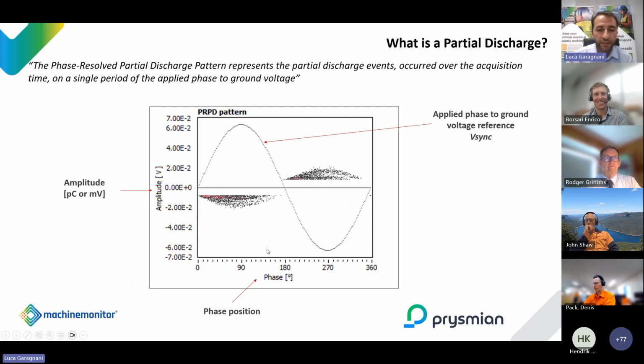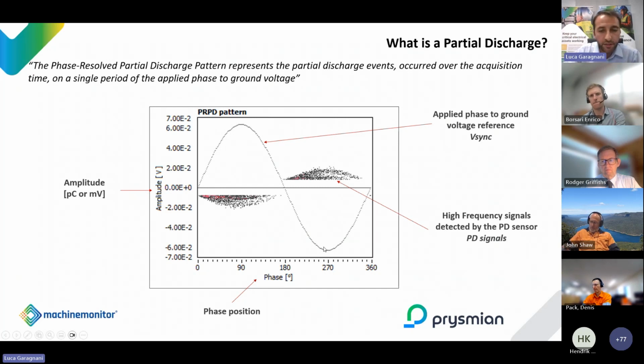And obviously, we can see the phase. We can also see the intensity. All the colors here represent how many pulses we have in the same phase and amplitude position. Each type of discharge will have a specific graph, right? We will have a graph that represents internal PD, a graph that represents corona PD, a graph that represents surface PD. And what I want to try to pass today as a message is that the graph is important, but